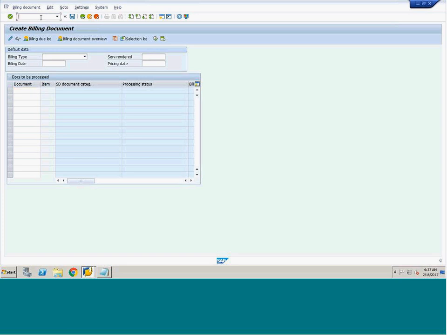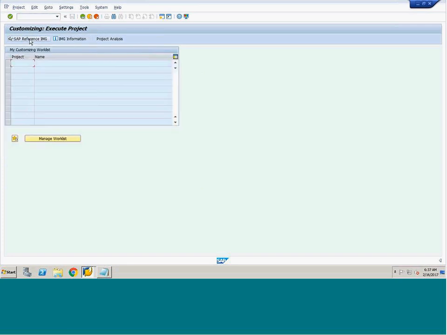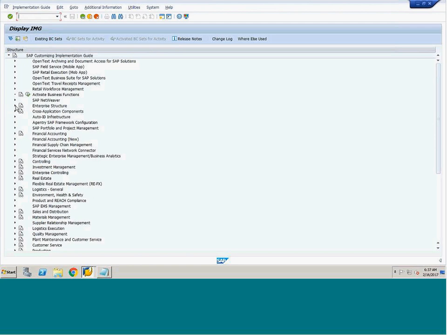All the things you are seeing here are how the end user works. The end user creates a sales order, and generates a delivery document and billing document. For the settings, we do them in this customization screen. As a consultant, we do all the settings in SPRO. This is the enterprise structure, where I define